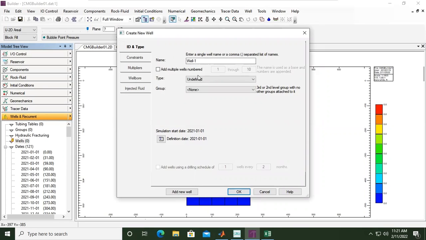The type of the well, producer. But if you want to create an injector, you can also select injector. Group, if you have groups of wells, you can see the third or second level group with no other groups attached to it. If you want to make a cluster of wells or maybe regions with wells, you can use this group